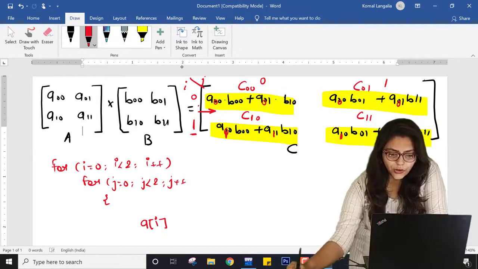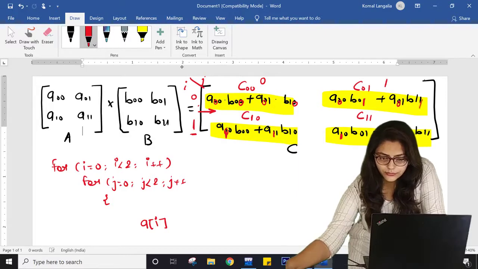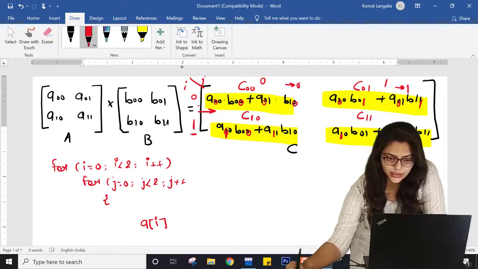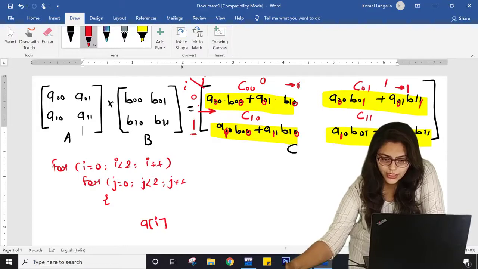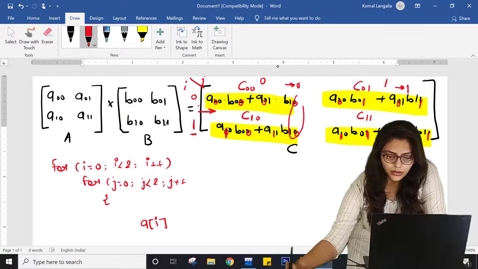Now see the value of B. Here the value of B is 0, 0. Here it will be 1, 1. So in this entire column it will be 0, in this entire column it will be 1. Similar for this, here it is 0, here it is 0, here it is 1, here it is 1. I hope you have noticed. So this is all about the column.